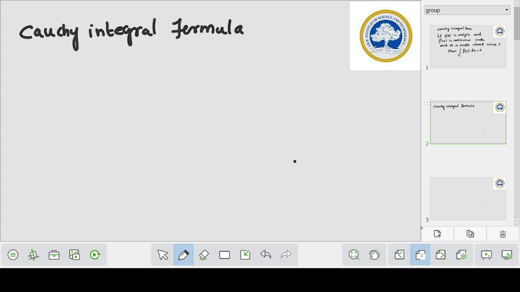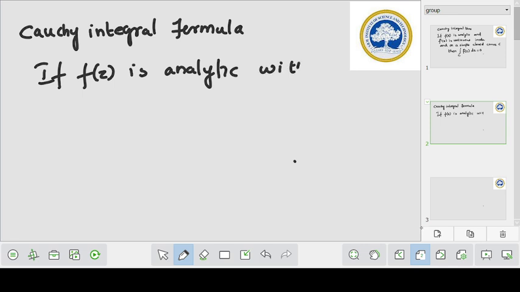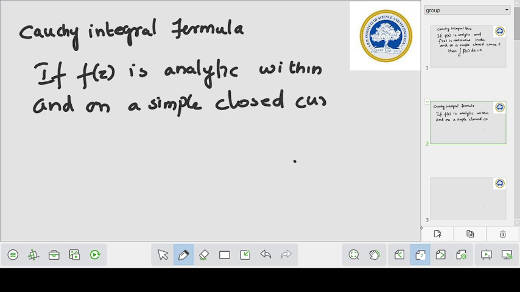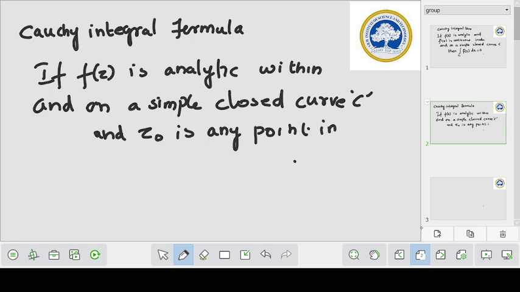The Cauchy integral formula statement is: if f of z is analytic within and on a simple closed curve C, and z naught is any point inside the curve C,